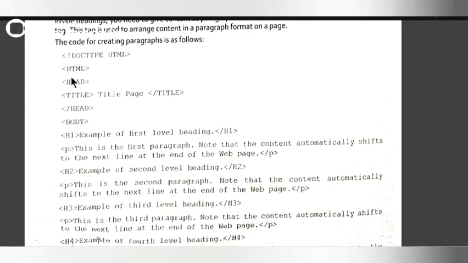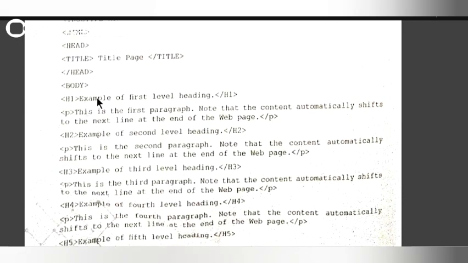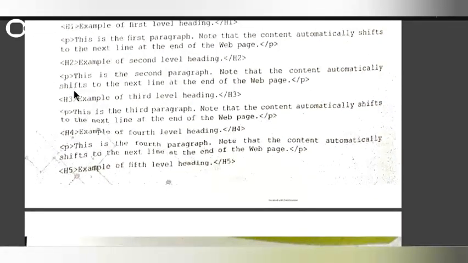This is the code. HTML, head, title of the page, title close, head close, body, h1 that you have already written. Example of the first level heading, h1 close, and this is the paragraph. The first paragraph is written and paragraph close. After that h2, paragraph, h3, like this, h4, h5, and in the middle there is a paragraph, and after that you just save it and you get the output.